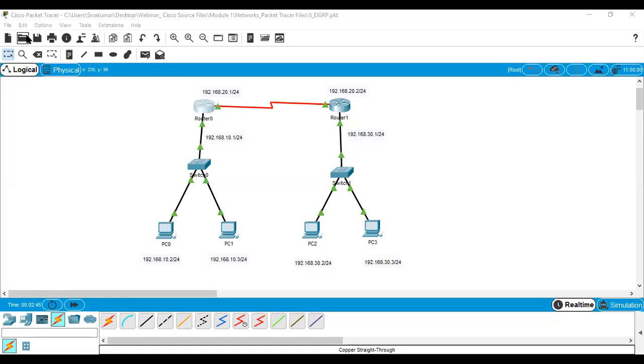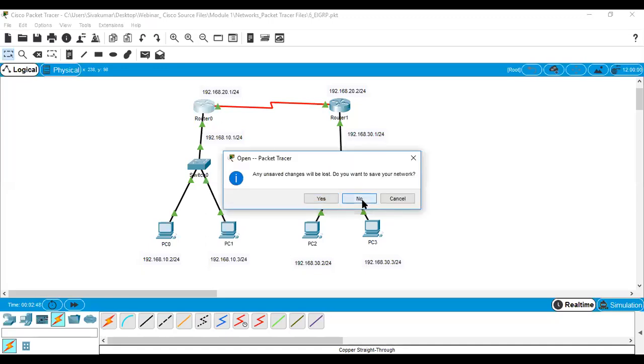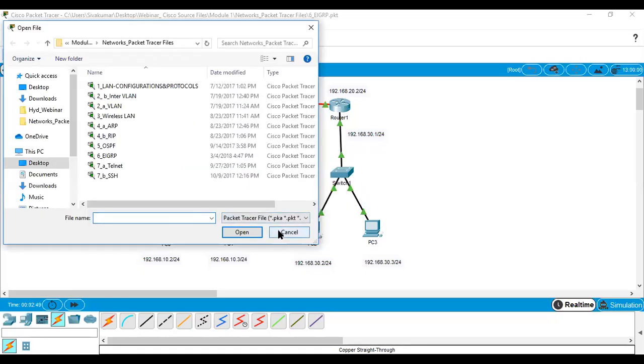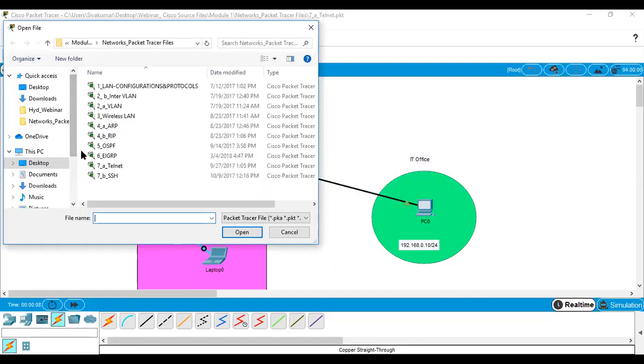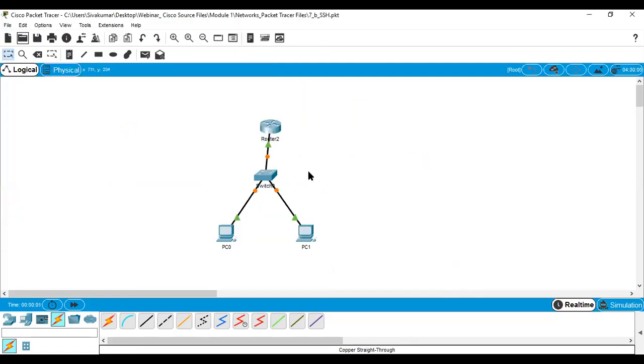Similarly, for Telnet and SSH, there are some more packets used. Now we move to the IoT based applications. Similarly in Telnet, you can access PC0 to laptop by using this Telnet configuration. Similarly, the secure shell protocol also works from PC0 to PC1.